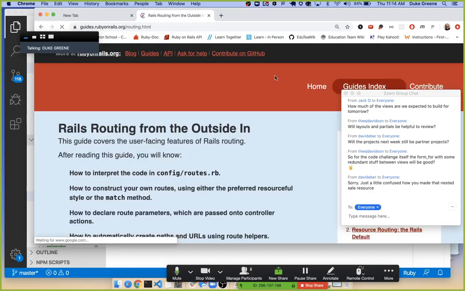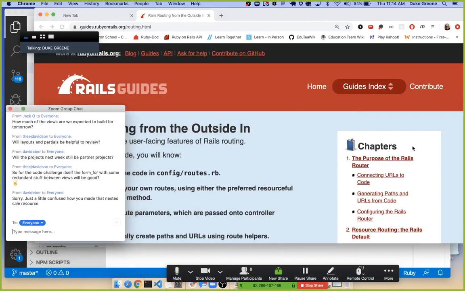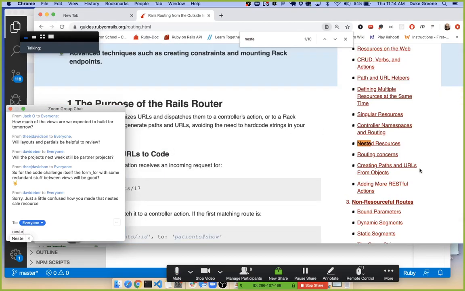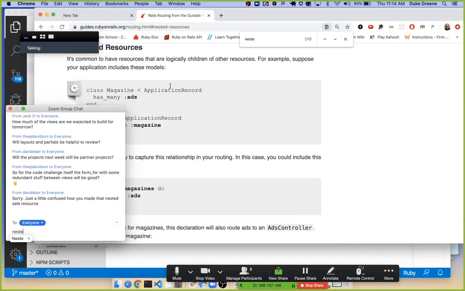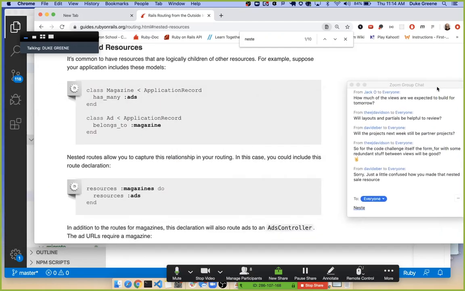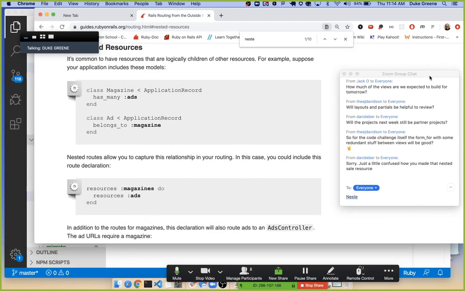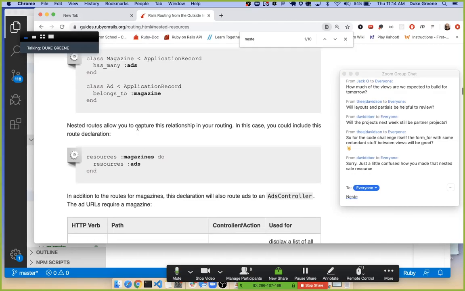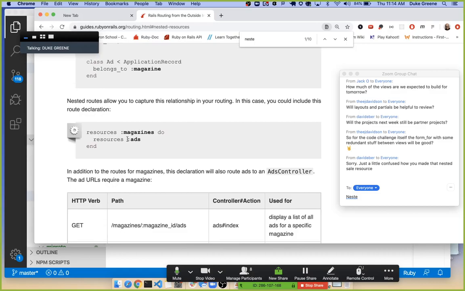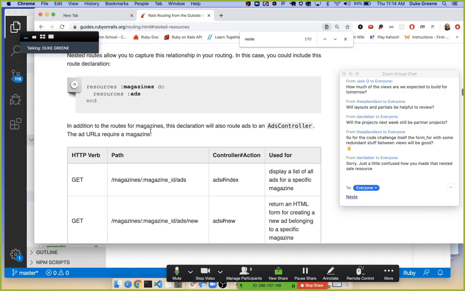Talk about nested resources a little bit. It's common to have resources that are logically children of other resources. So for example, a magazine has many ads, right? And an ad belongs to a magazine. And what they're saying here is that you could have resources ads inside of resources magazines, and it's going to